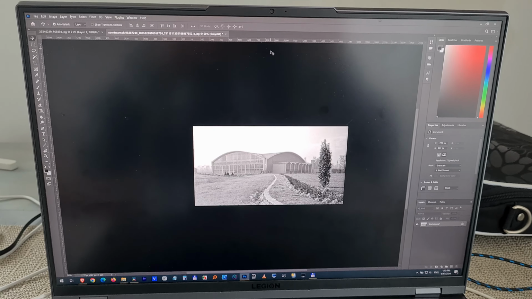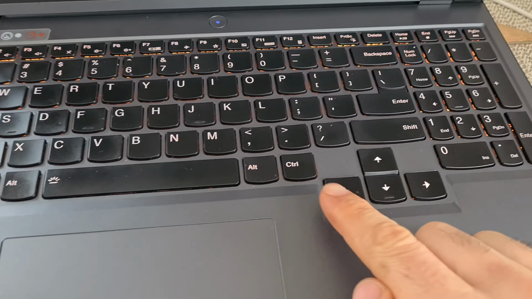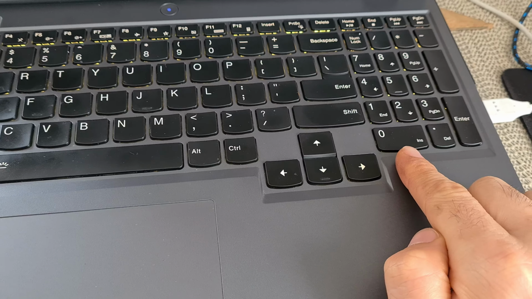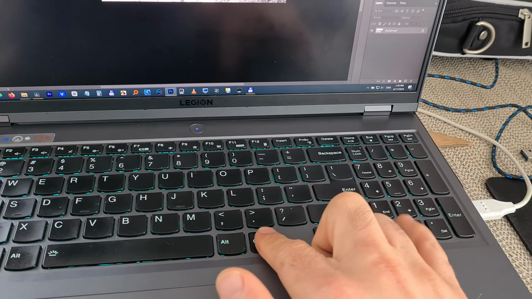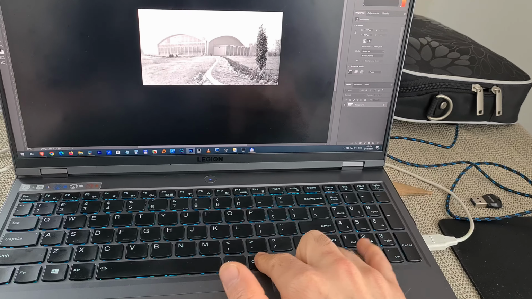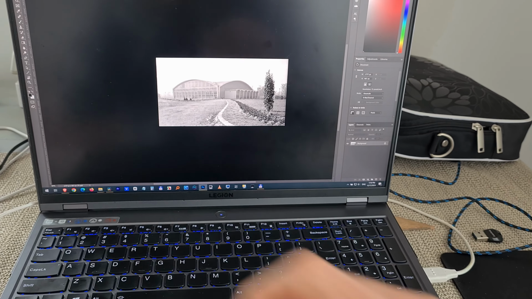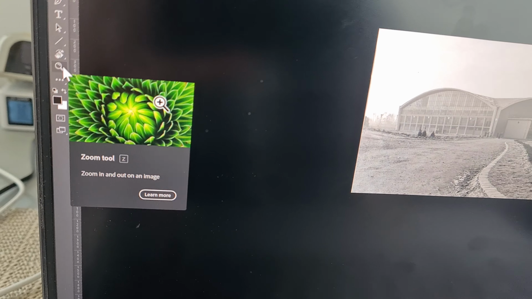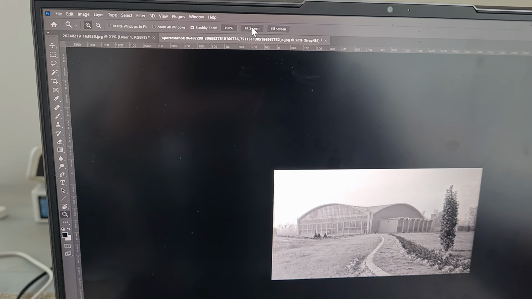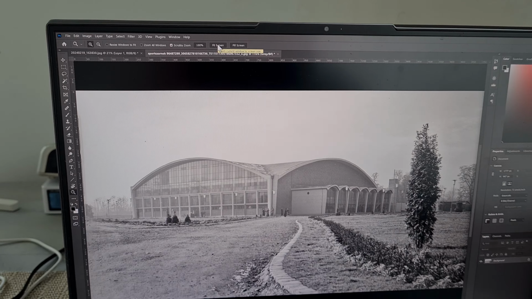Here's Adobe Photoshop, and the question is, why isn't the Ctrl and the 0 key zooming to fit? So Ctrl and 0 does nothing. It should zoom in the picture so it would fit the screen. If I use this icon, the magnifying glass, fit to screen, that one is working and the picture